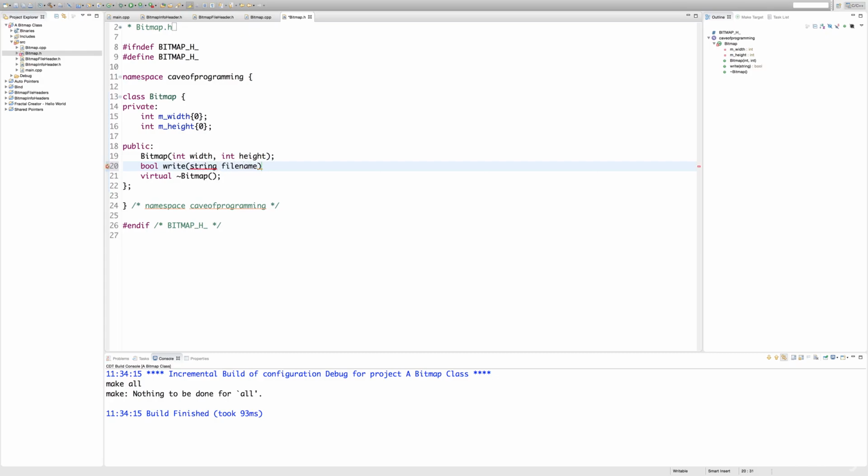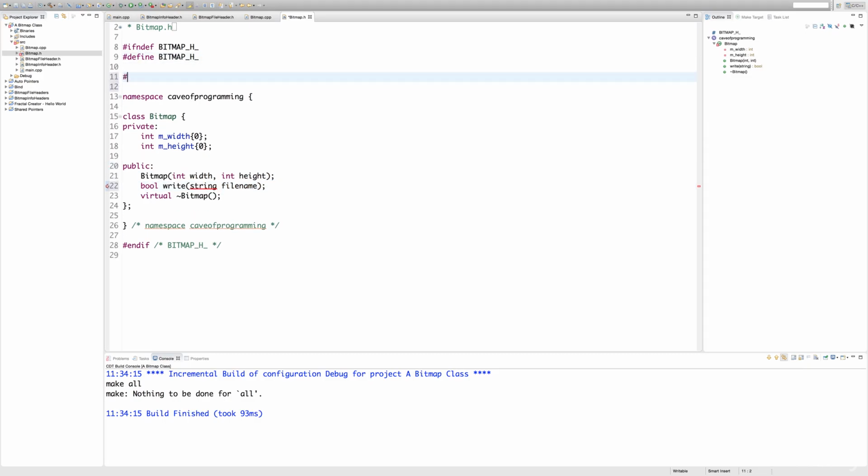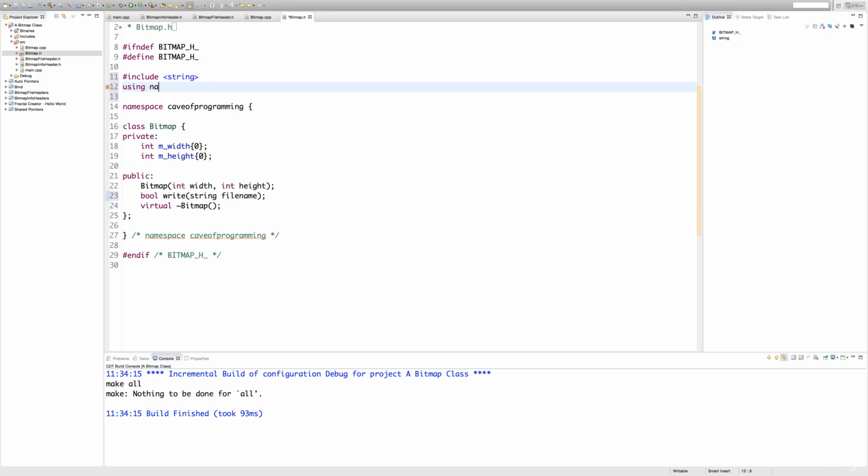And this, the idea is you create your bitmap, you set pixels in it, and then at the end you write it using this method and specifying the file name to write to. So for string there, let's include string at the top,